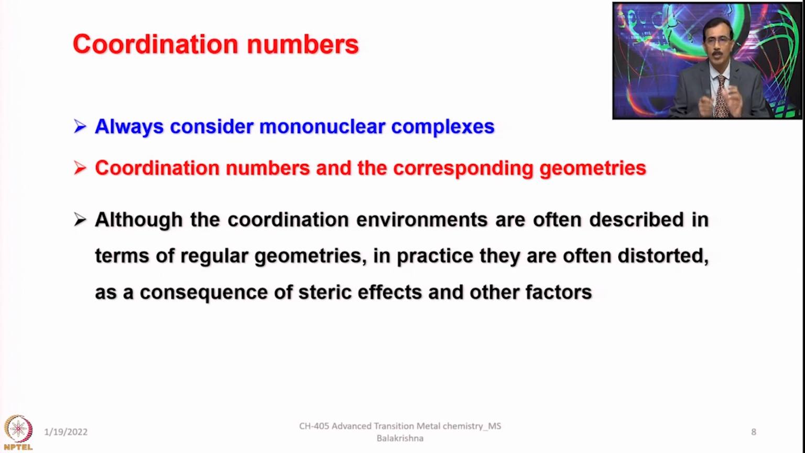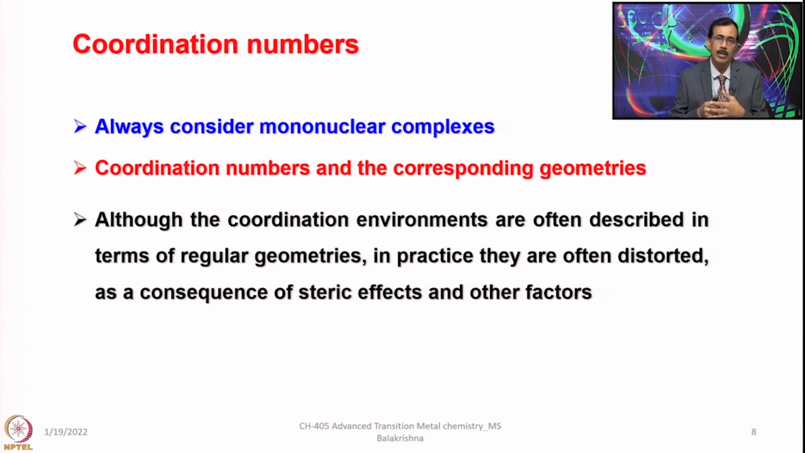Although the coordination environments are often described in terms of regular geometries, for example, when coordination number 4 is there, the number can only tell you about the geometry, whether tetrahedral geometry or square planar geometry, but it does not tell you whether it is a regular geometry or a distorted geometry. So, this information can come from actual bonding and also by looking into the nature of the ligands, and all these things are very nicely